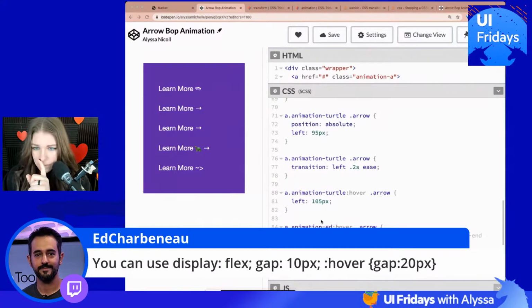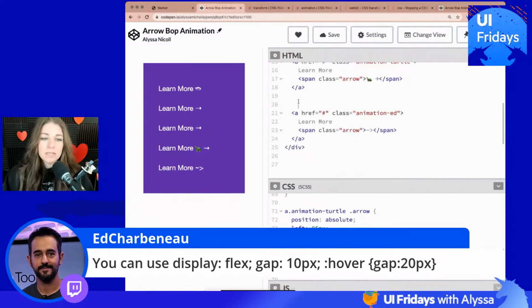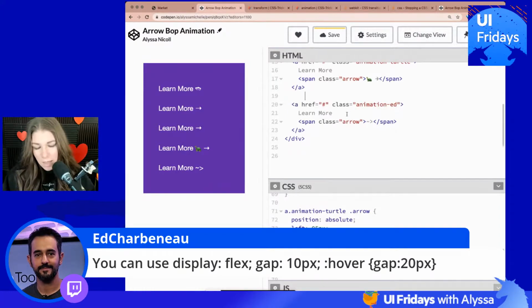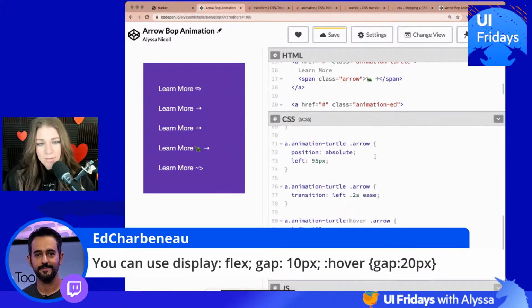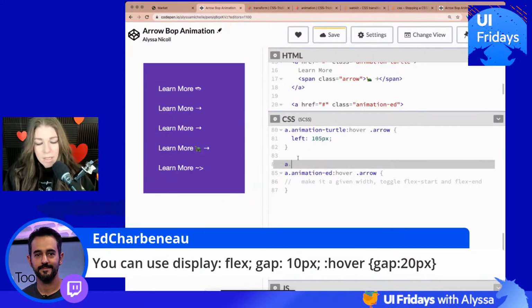You can use display flex. I wonder if they're already flexing. Their wrapper is flexy. Hang on. I have to contemplate. Display flex gap 10 pixels on hover gap 20. Okay, so what we would need to do is this last one here that is called Ed. Animation Ed would need a display flex. So anchor, which I actually don't need these anchors here. It's really specific of animation Ed